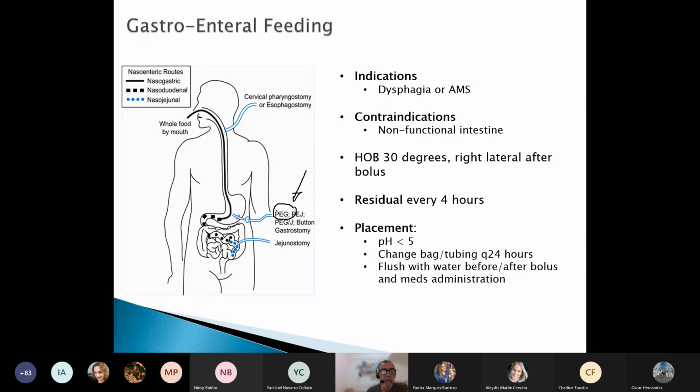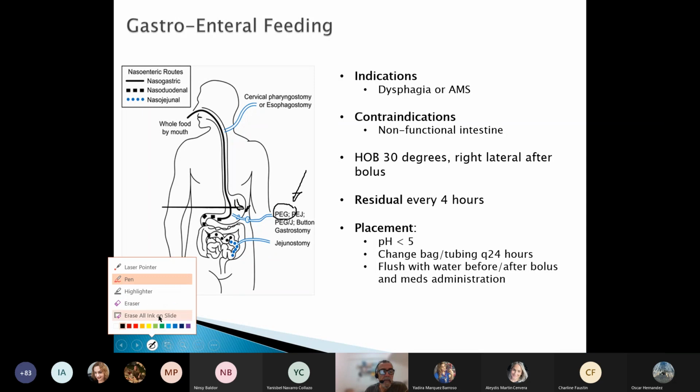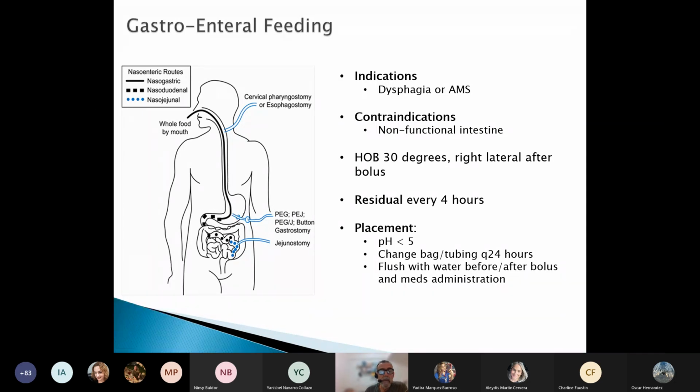A PEG tube is a tube that is introduced directly through the skin. It's percutaneous, that's why the P, through the skin of the abdomen into the gastric cavity. This is done very easily with an endoscope. The endoscope guides the doctor where to make the incision. It is minimally invasive with local anesthesia, so it can be done ambulatorily in the doctor's office. They introduce the tube and inflate the balloon, so the tube stays inside there.